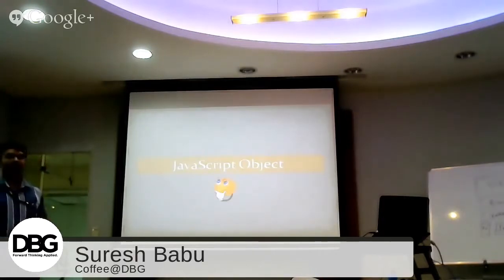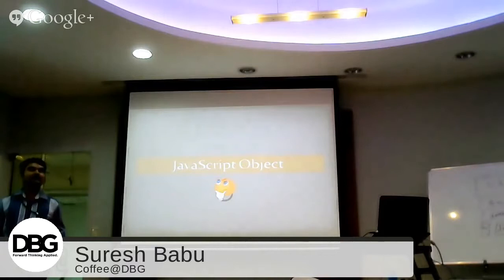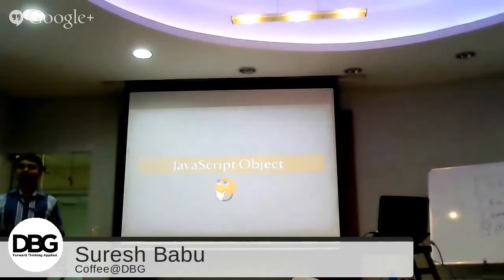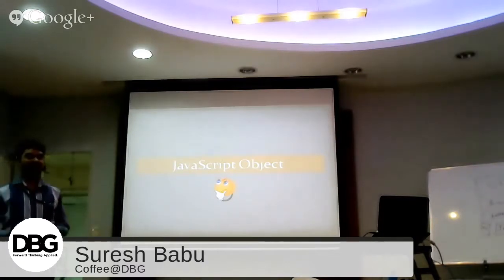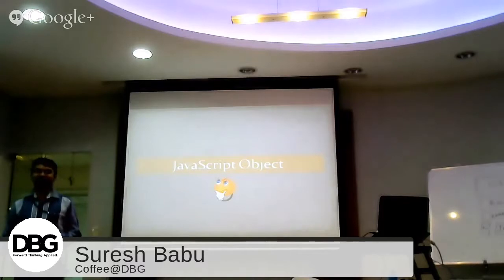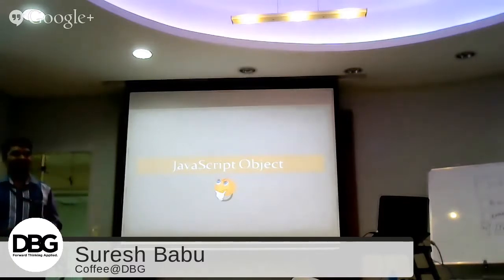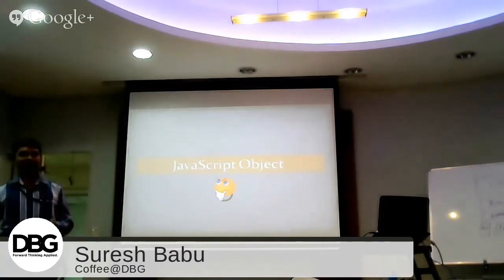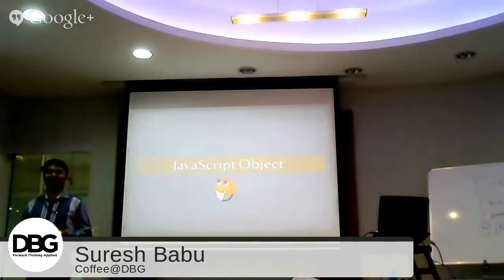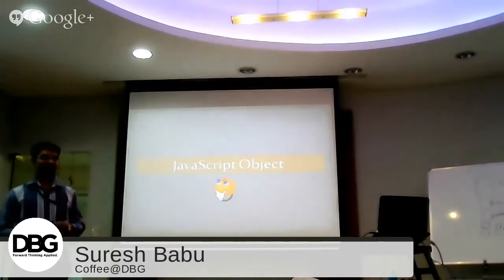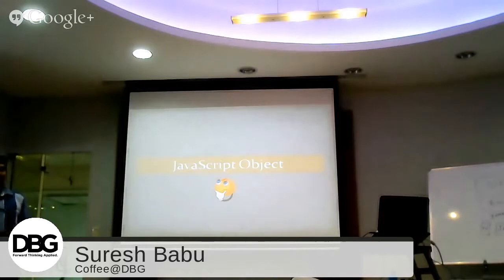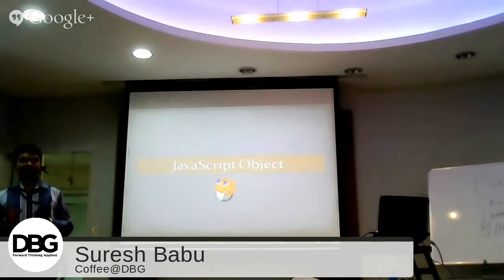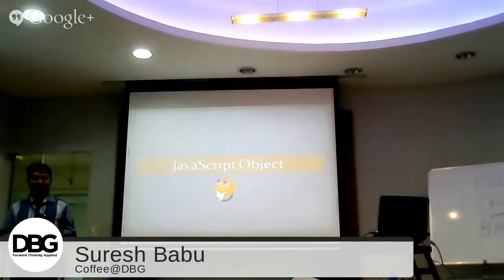So normally you will have a question: what is an object? Everybody is working with other object-oriented languages. So what is an object? Any answer? Instance of a class. JavaScript doesn't have a class. Instance of a class. Okay. So you are telling based on the classical approach, right? So what is the problem with that object?